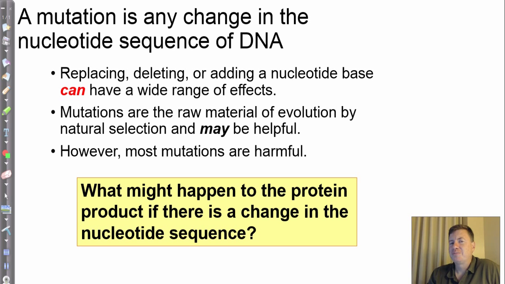So that makes this next part all the more important. And we briefly touched on this in the last video. Mutation is a change in the nucleotide sequence, a change in those bases. If an A or a T or a C or a G is deleted or added, or if a piece of the chromosome gets turned around or anything like that happens, we call that a mutation.